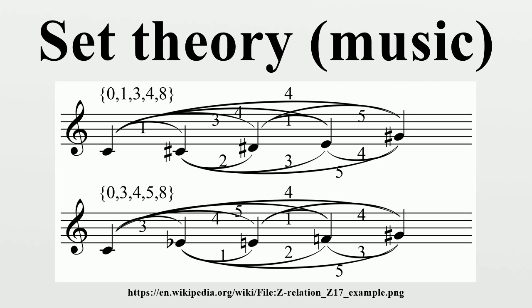The second notational system labels sets in terms of their normal form, which depends on the concept of normal order. To put a set in normal order, order it as an ascending scale in pitch class space that spans less than an octave. Then permute it cyclically until its first and last notes are as close together as possible. In the case of ties, minimize the distance between the first and next to last note. Thus, 0, 7, 4 in normal order is 0, 4, 7, while 0, 2, 10 in normal order is 10,